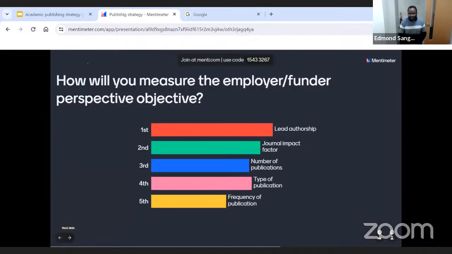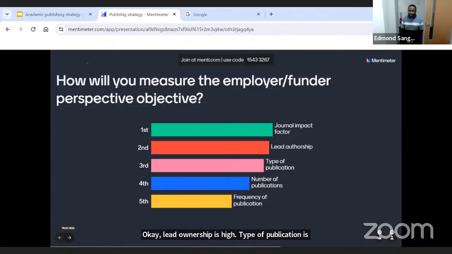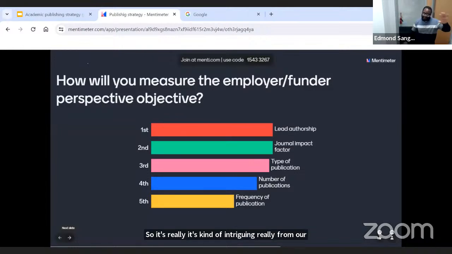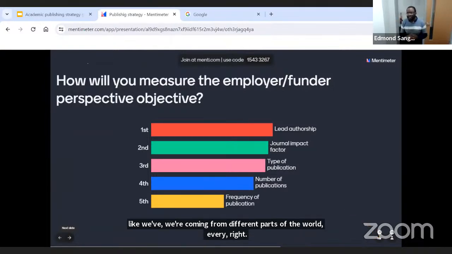Okay, lead authorship is high. Type of publication is high as well. Journal impact factor seems like it's really popular. So it's kind of intriguing, if you notice, we are coming from different parts of the world, right? You will notice in some parts of the world, journal impact factor is still valued highly, but it's something that